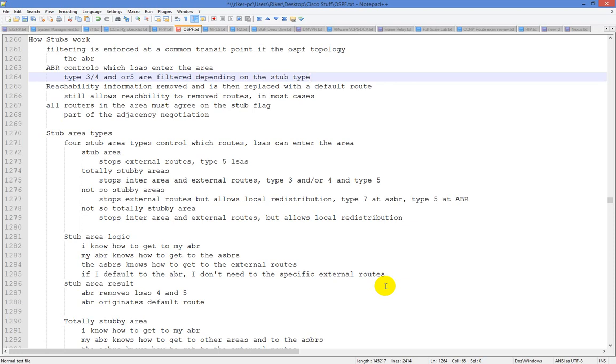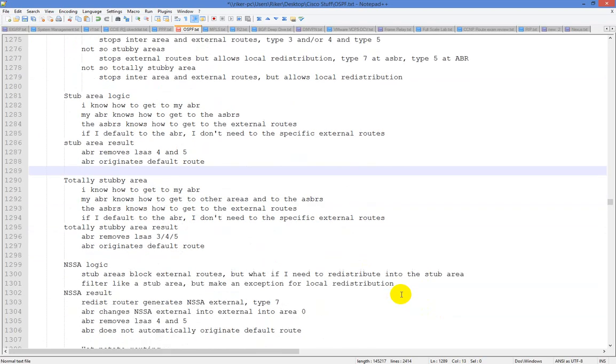So type 7, type 1, and type 2. So type 3 and 4 and 5 are not allowed in. So we'll take a look at that as we go along. So now that we've discussed this, what I've actually done, and we'll talk about the recursion process as we go along here, but